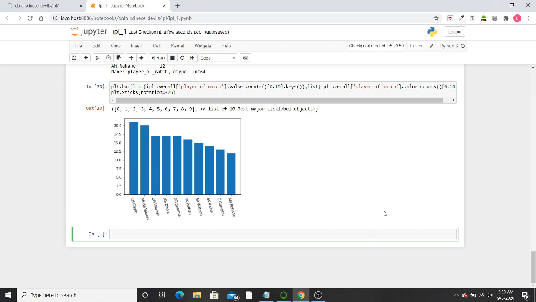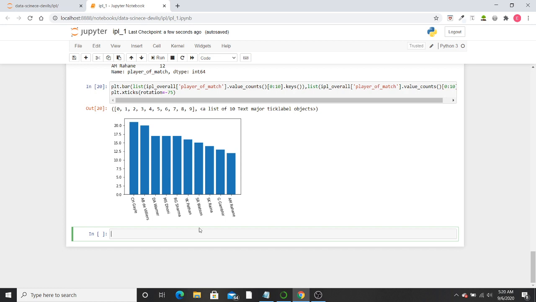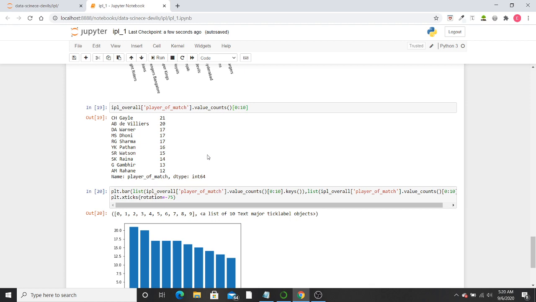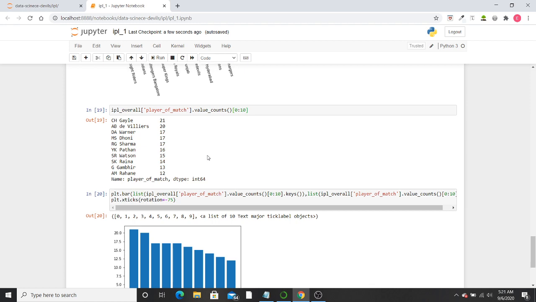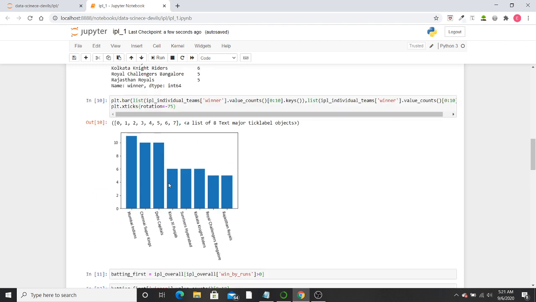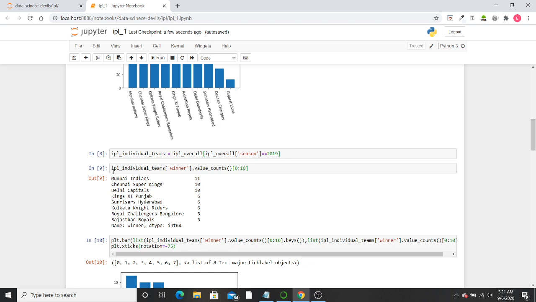Save this, and it's showing the same results visually. Now I want it for the year 2019. So for that, what was the name given to the individual year? Yeah, so the name was IPL underscore individual teams.